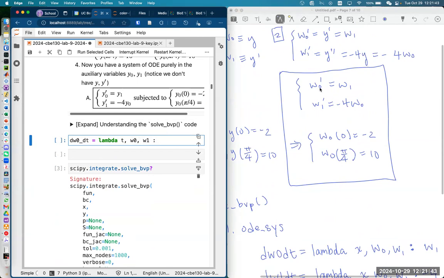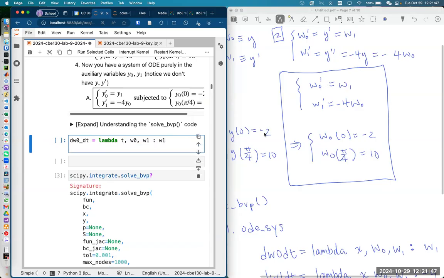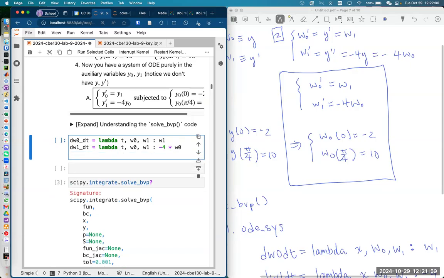And then dw0 prime is equal to w1, so w1. Then second line, dw1 dt is also a lambda function of independent variable, dependent variables, and it is equal to -4 times w0. Finally, we write it into a system, so ODE system is equal to lambda function of t, the independent variable, and the list of dependent variables, we call it C, of list,